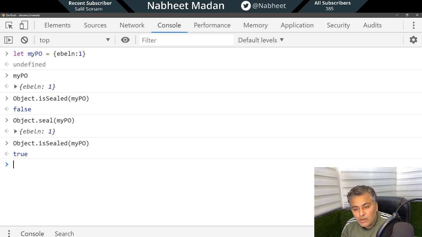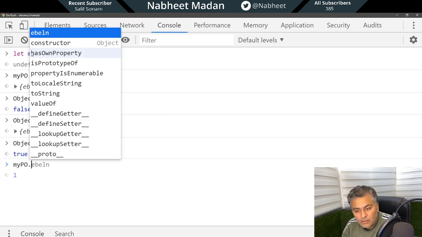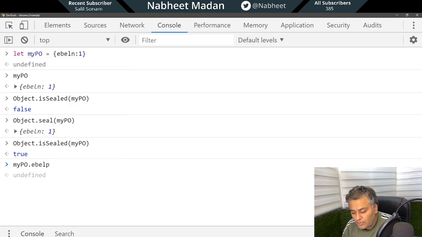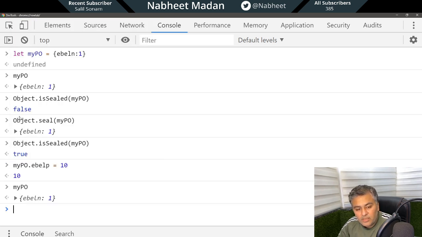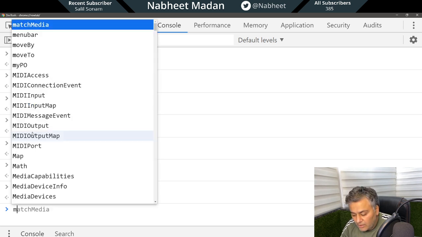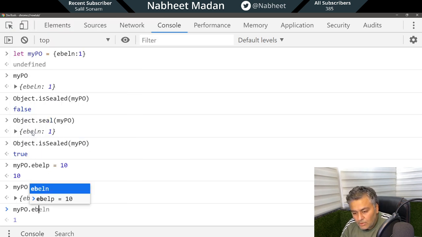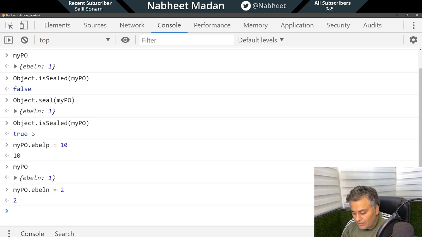Now when I want to add a new property or attribute to it, let's say bill equal to 10, let's see what has happened. No, it doesn't allow. You see, it is still only eBalloon. But in case I want to change its value to 2, let's see, does it allow?